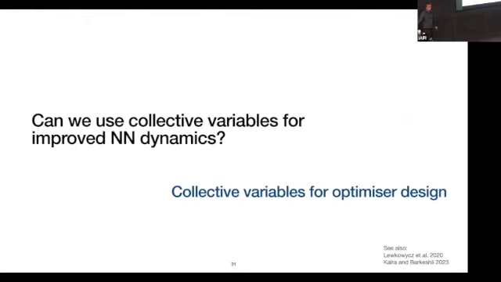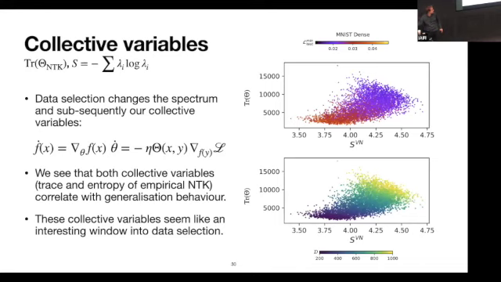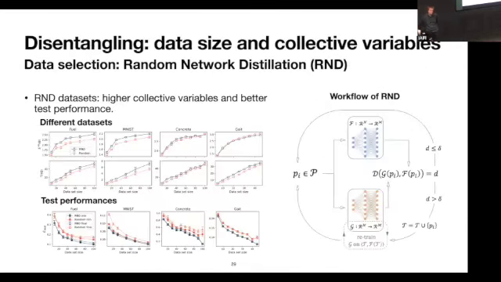I have a quick semi-clarification question on the last slide. My naive interpretation is that both the collective variables increase when you increase data, and that translates to the test loss also going down in the top plot. So does this roughly mean that this is some predictor of the scaling with data, or does it actually have more information about the dynamics as well?